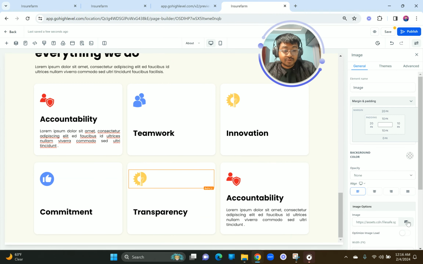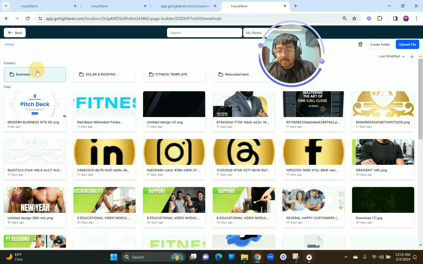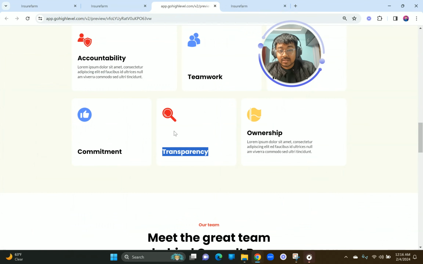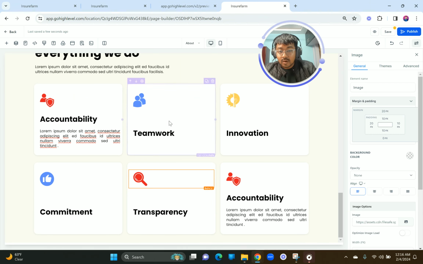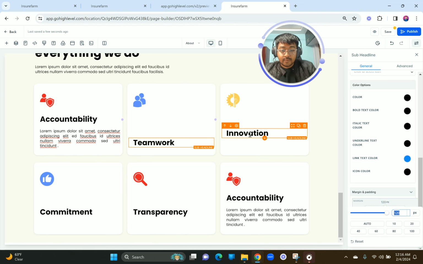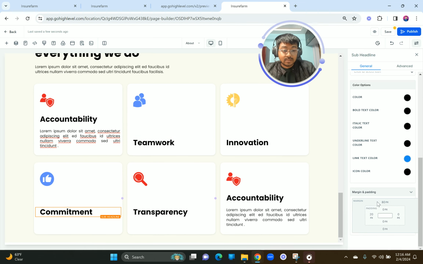Right. We also want to add ownership, which is the magnifying glass. But one thing I notice is this is pretty down, but this is not really down. So I just want to make sure that this is more than 80 pixels. So what I'm going to do here is add like 120 pixels, right? I think 120 pixels is the best option. So I'm going to go to each one, and then instead of 80, I'm just going to add 120 pixels. That just makes it look proper,